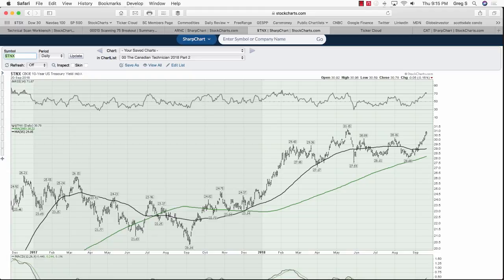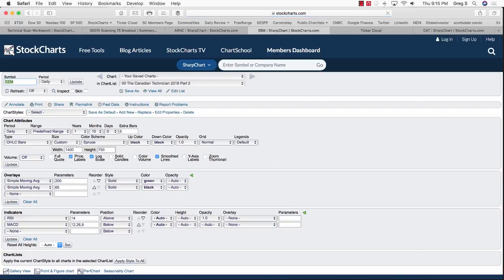You could do the same thing with oil. You could do the same thing with natural gas, gold, whatever. You get the idea. But again, the concept doesn't have to be stuck on the US dollar. You could also use emerging markets. So when EEM starts to soar,